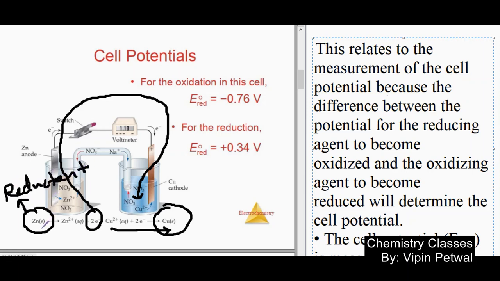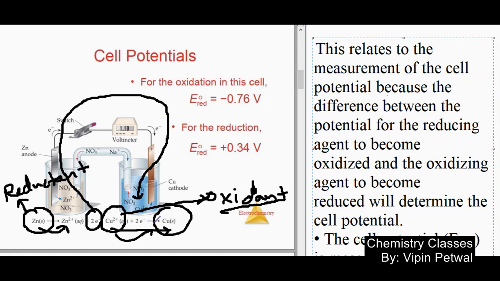And its ability to get oxidized means to remove electrons, and at the same time this cupric ion, which is the oxidant. Why is this an oxidant? Because it is taking electrons from the zinc. So this is the oxidant, which can make others oxidize, जो दूसरे को ऑक्सीडाइज कर सकता है. So this cupric ion is the oxidant, meaning oxidizing agent, and its ability to get reduced.